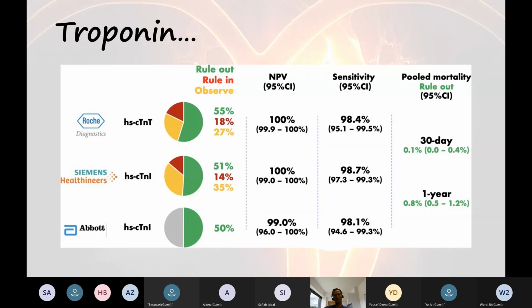We use troponins to rule out ischemic heart disease or rule out acute coronary syndrome. Troponins have come on enormously in the last 15 years. We used to use CKs. And as they've got better and better and more sensitive and more rapid,